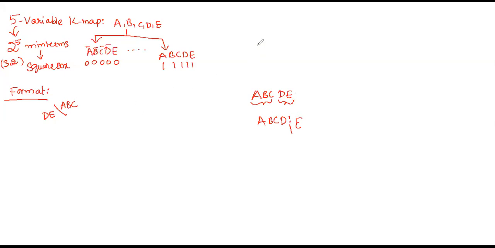Like that also you can divide. The division of the variables does not change the end result. It will be the same, so you can go with any format.